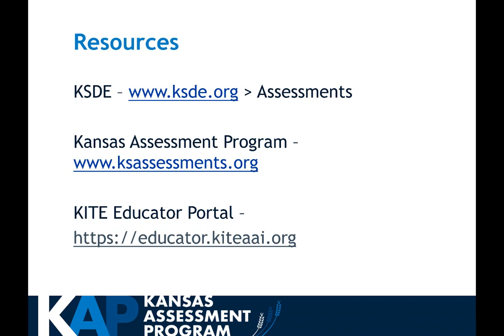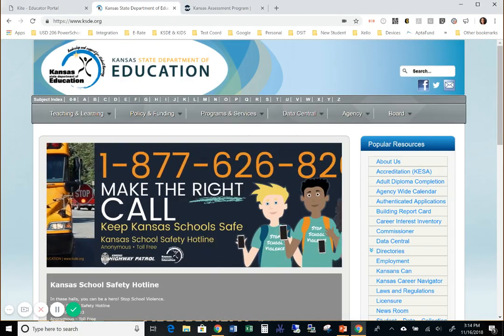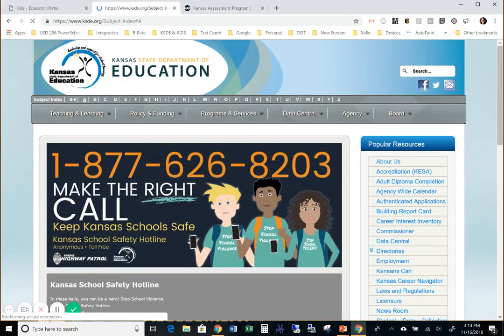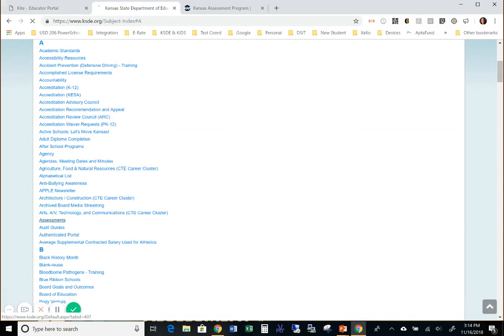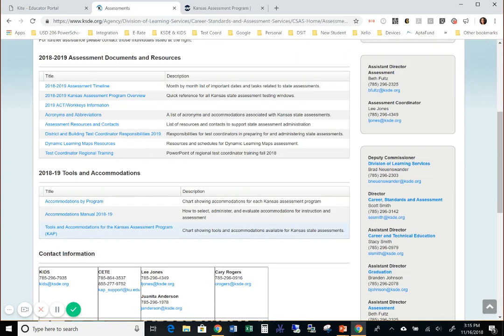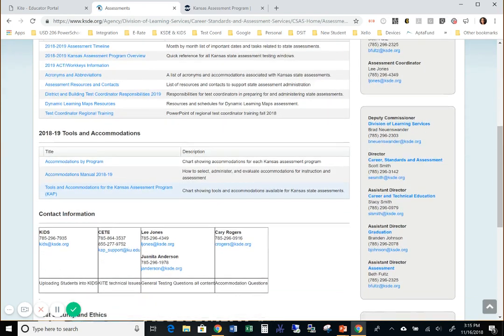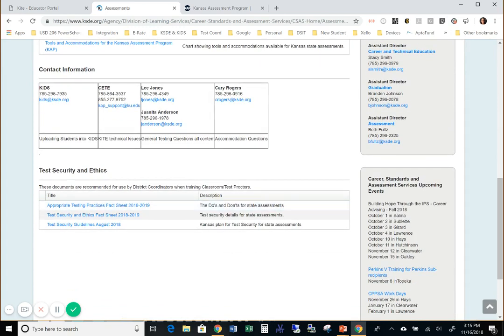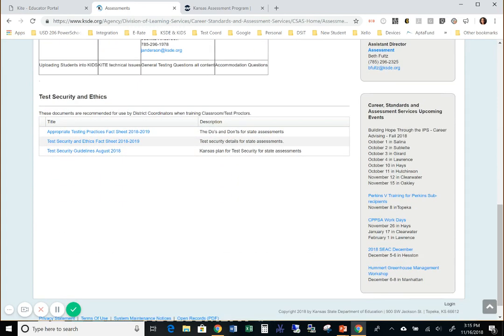www.ksde.org, and from there you will go to the A for Assessments. At the top of the screen, you will see Kansas Assessment Program Overview that will tell you what assessments are given and the specifics of each test. If you scroll to the middle, you will be able to see the accommodations information, and at the bottom you will find the test security and ethics files that are needed for you to read while you are taking this